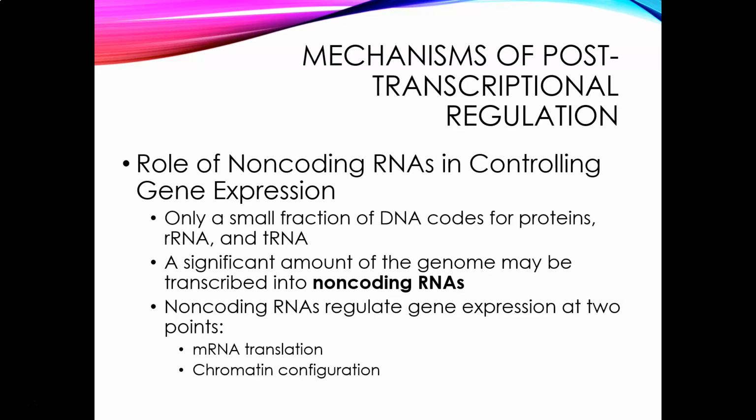We have a lot of other non-coding RNAs that come in as secondary players to control gene expression. Only a really small fraction of DNA is actually protein coding, or even rRNA or tRNA coding. A huge amount of what we used to think was junk DNA, we just didn't know what it did. It didn't seem to directly correspond to any sort of product. We are now learning that a significant amount of that so-called junk DNA in our human genome actually seems to be connected to the transcription of these non-coding RNA molecules.